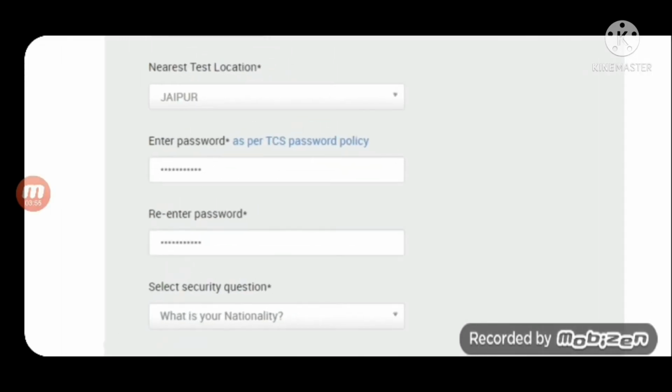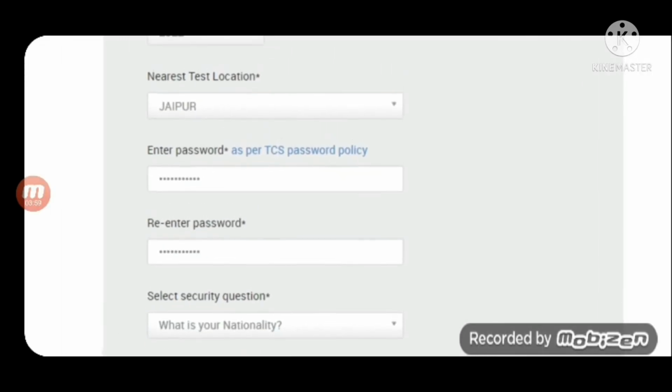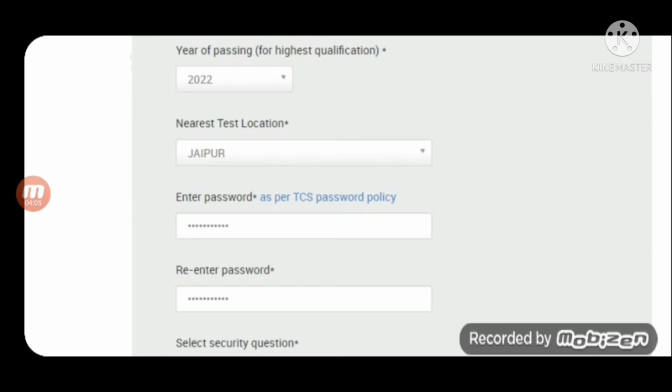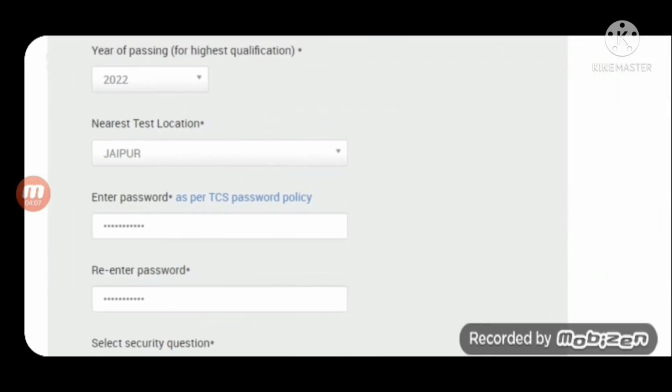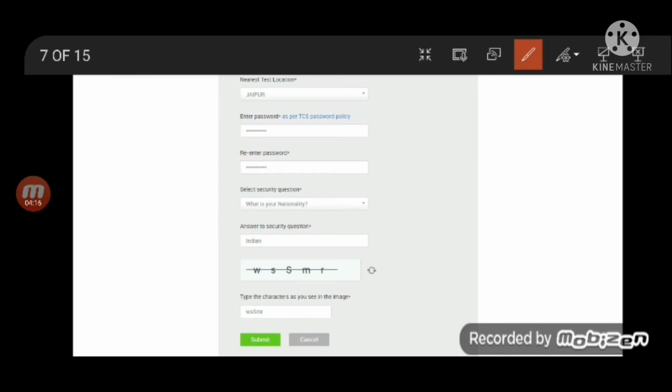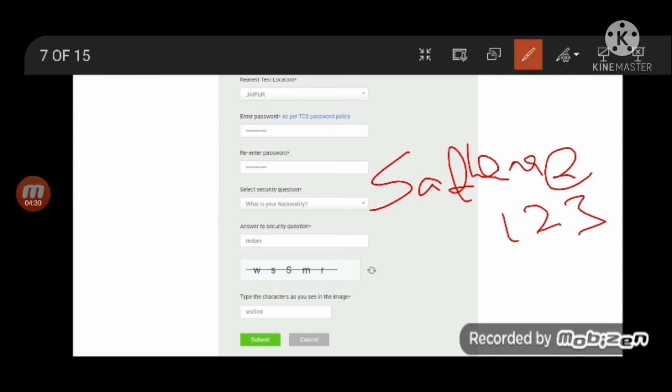This is something which I actually wanted to discuss. Many people feel that they need to have a tough password. But my observation related to passwords is that many people forget their passwords, and we very strongly suggest you not to have a tough password. You can have your password with your name. For example, if your name is Sadhana, capital S-A-D-H-A-N-A @123. Please keep it simple. Your name, first letter capital, @123. There are no security issues with this.